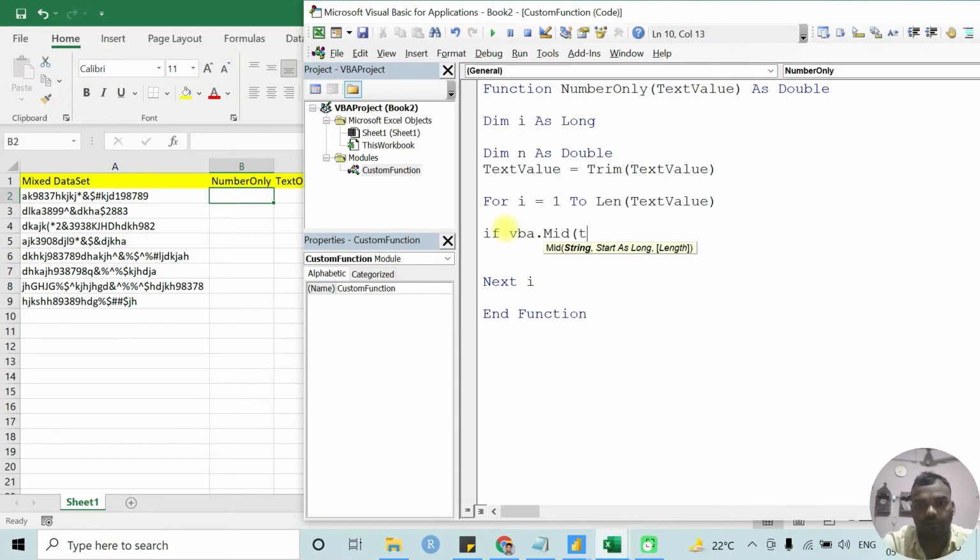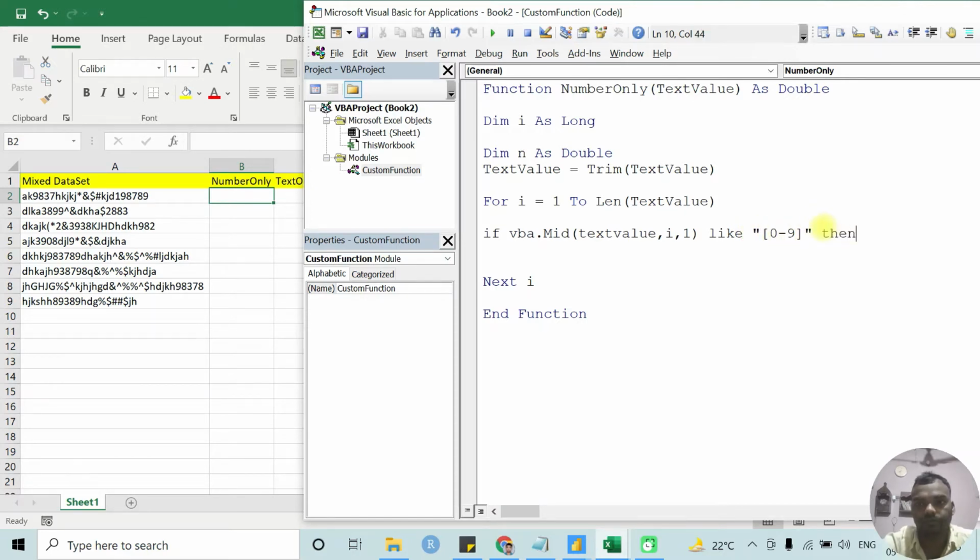Put here the string which is text value. Start from, in the first round i is 1, so take 1, next second character, next third character, like this. How many characters to check at a time? One character. What to check? Like numbers 0 to 9, in double quotes.